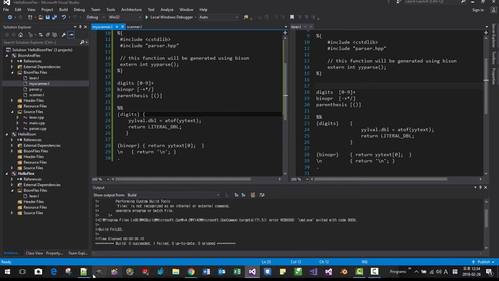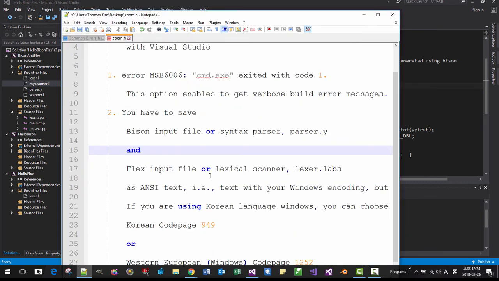So you have to save the Bison info file, for example, parser.y, the syntax scanner YY parse, or the Flex info file, the lexical scanner, lexer.l file, as ANSI text. Okay, so